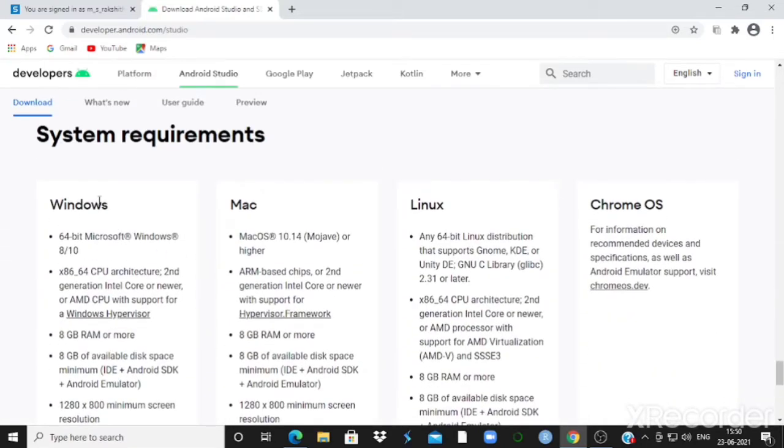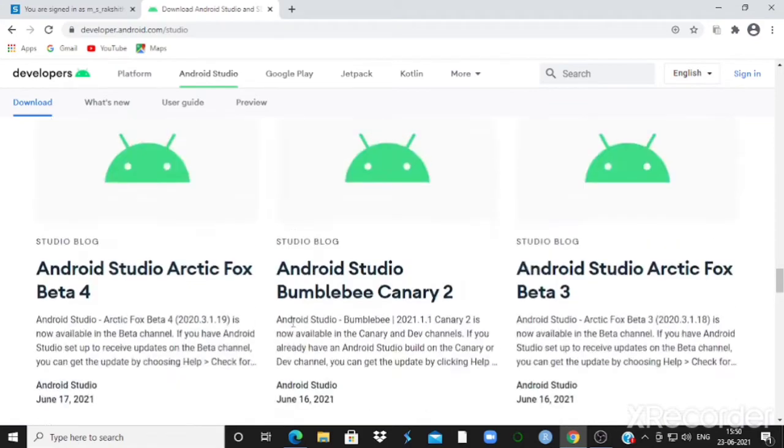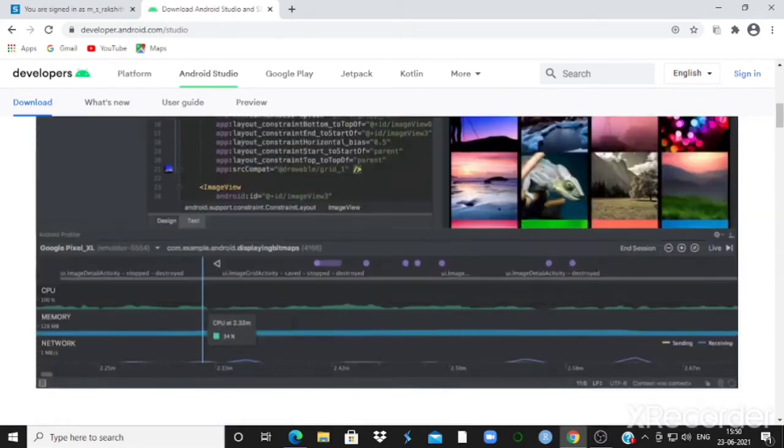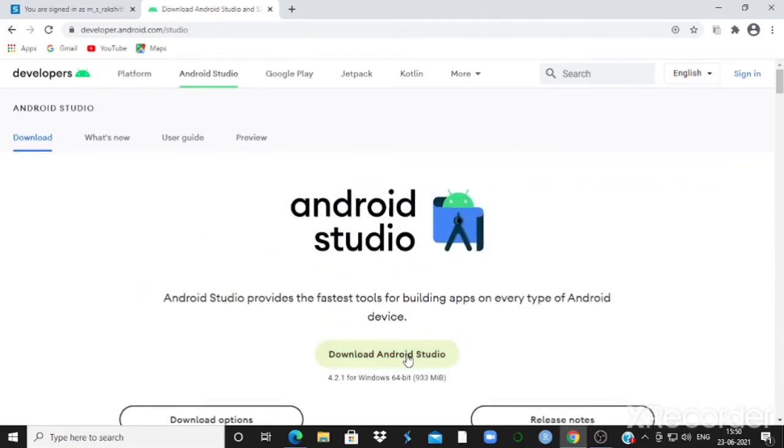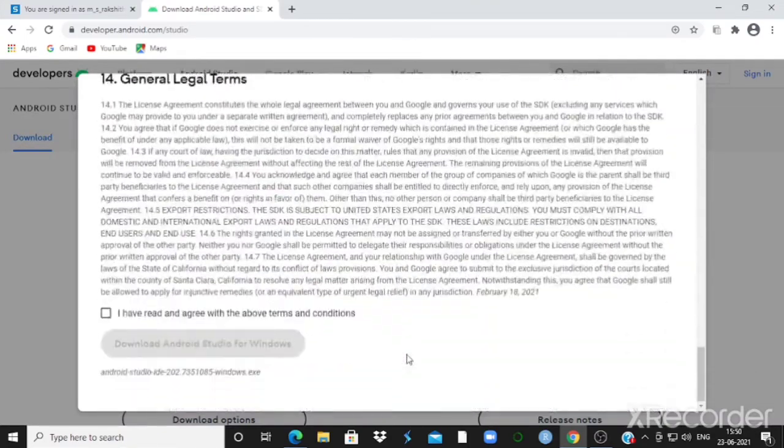This is the system requirement for Windows, Mac, Linux, Chrome OS. Please go through it once. Click on download Android Studio. Accept the license.